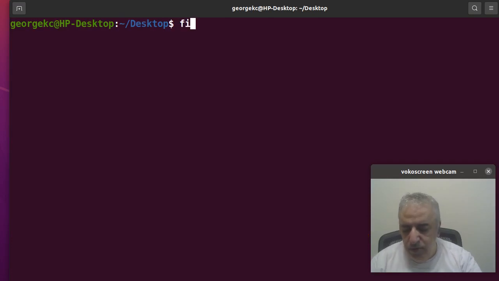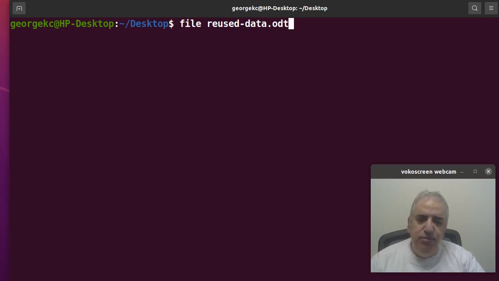So what I'm going to do is use the command file, and let's check what type this file is. Reuse-data.odt. This file is on my desktop, and that's why we navigated to the desktop directory. We can run the command file with the name of the file. I'm trying to find out what type it is. So if I hit enter,